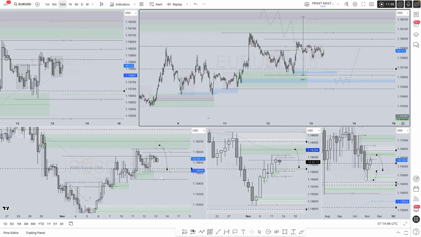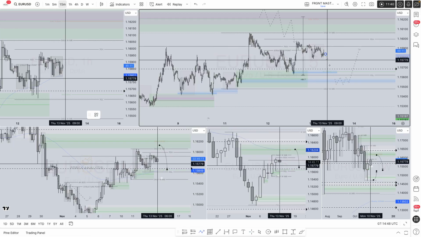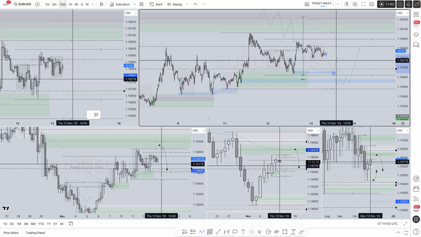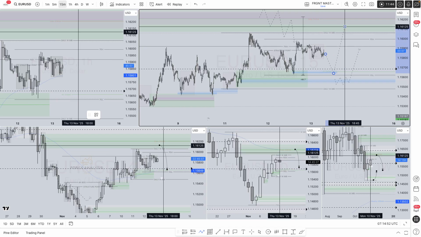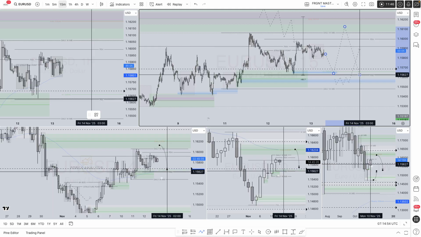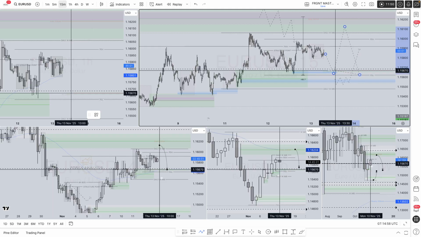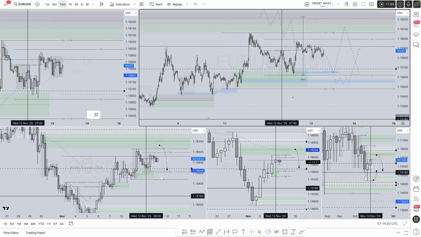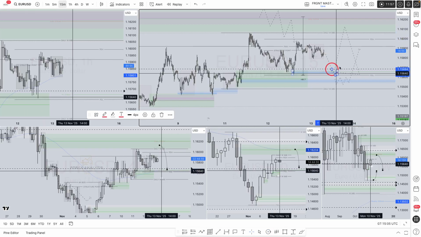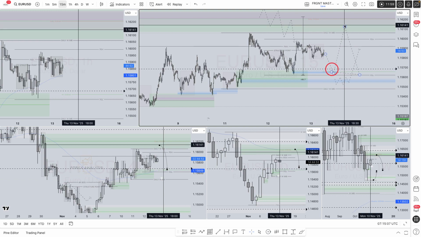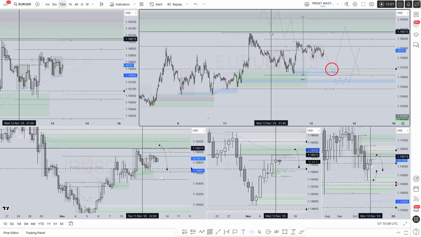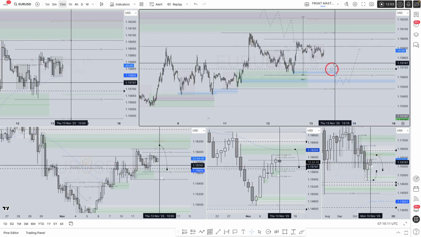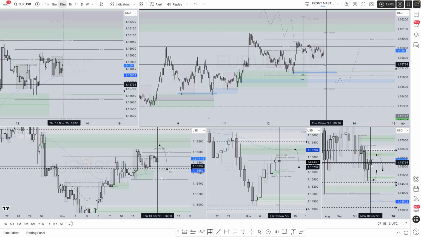Let's say, for example, price comes in post-London, gives us an almighty break of structure there, comes back down. Okay, understood. We've then tapped into our area of shorts. However, this now would be the area of interest that you'd be looking to take advantage of, because that is the most recent high that's broke previous highs. So, let's stay dynamic. Let's stay fluid with the markets.